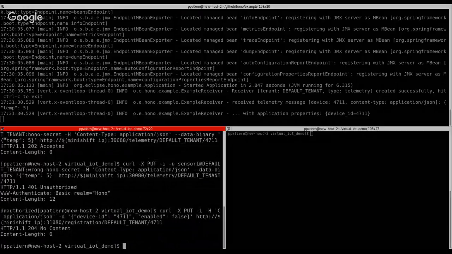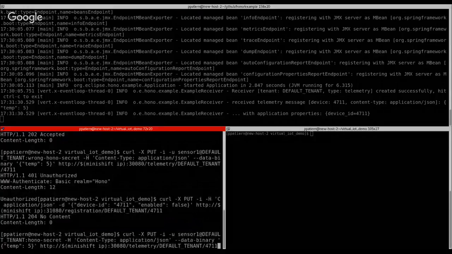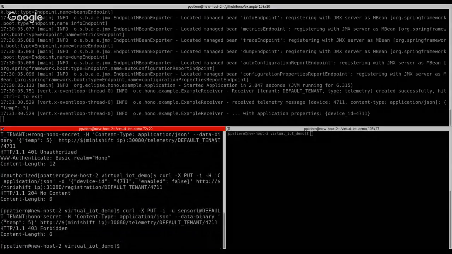After that, I can try to send data to Hono, and I shouldn't be able to do that because this device was disabled. So I have the HTTP reply as forbidden. So I'm not allowed to send information. Of course, I can re-enable the device to have it start sending information again.